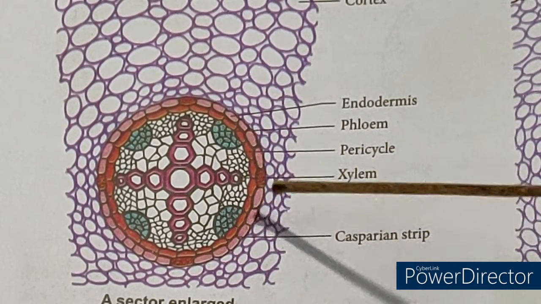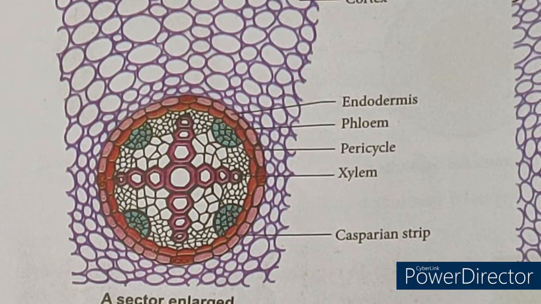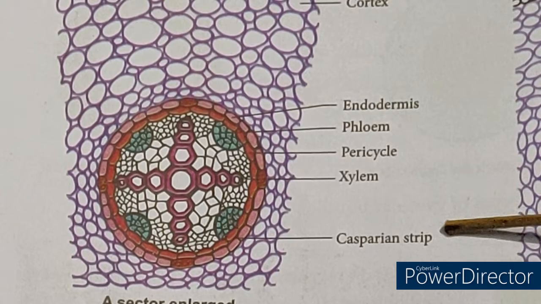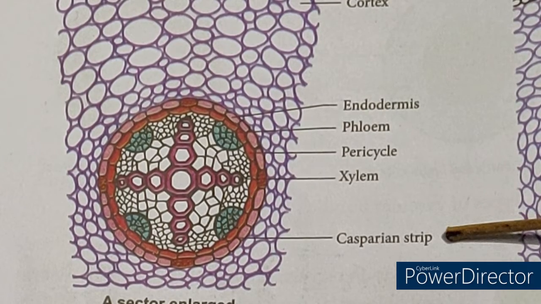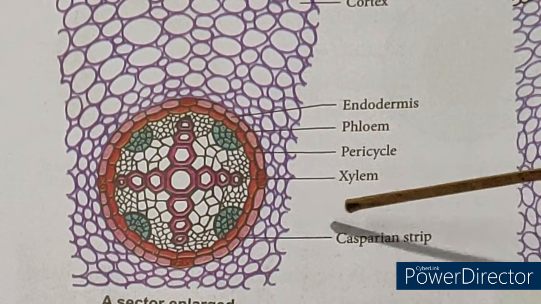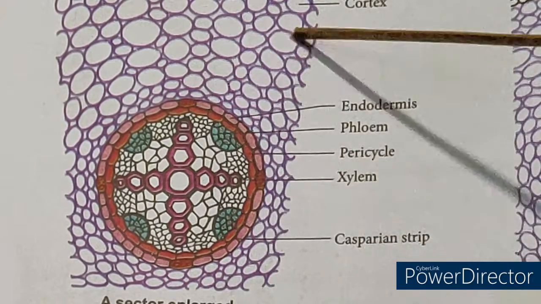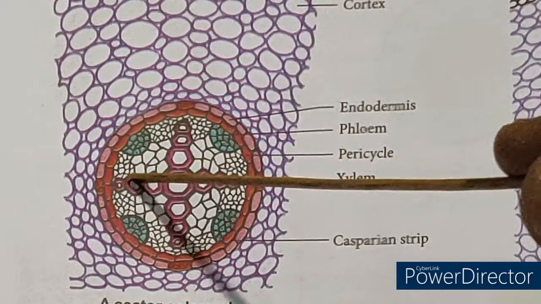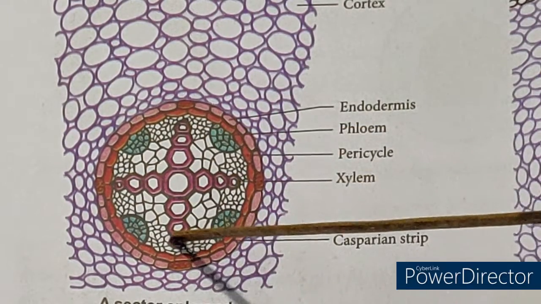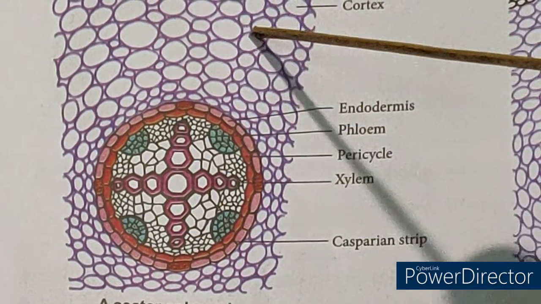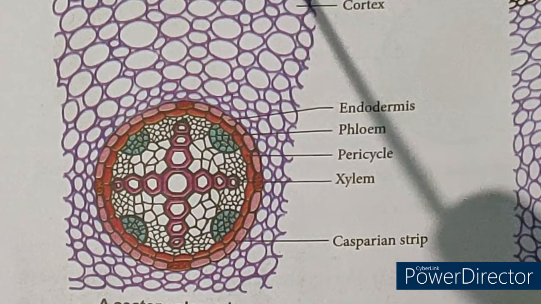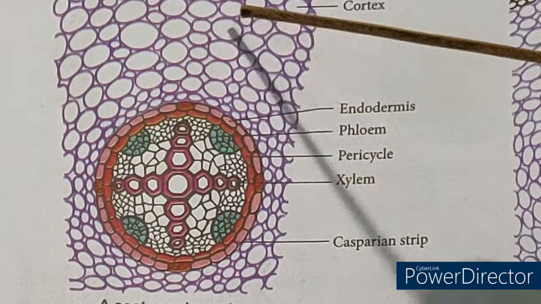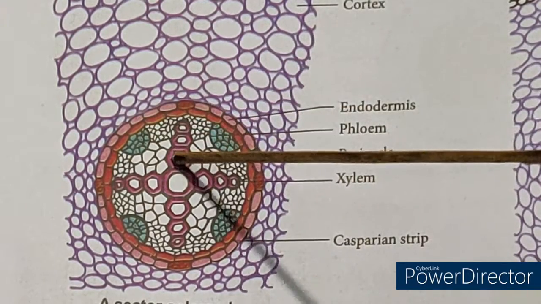The next is, here you come across the presence of Casparian strips. These Casparian strips help in the movement of water and dissolved salts from the cortex into the xylem. So this is xylem, like a cross, present at the center. From here, root hairs absorb water. From root hair it reaches epidermis, from epidermis it reaches cortex, and from cortex it should reach the xylem, such